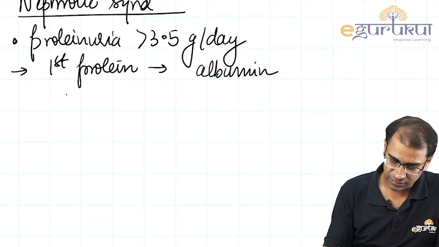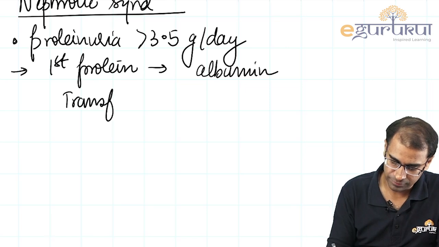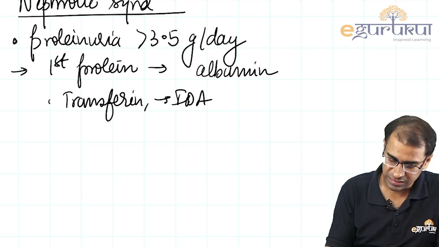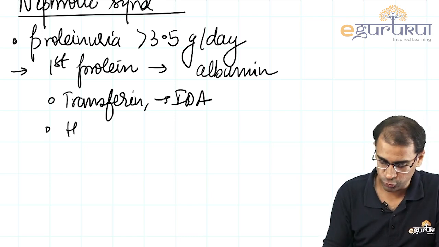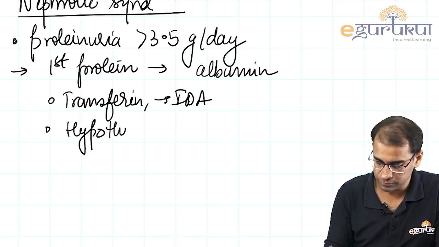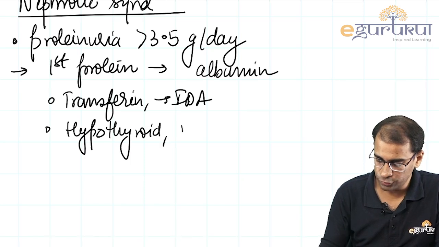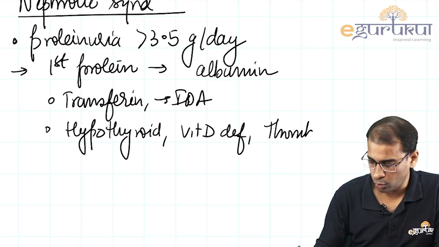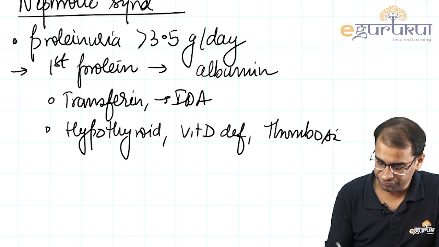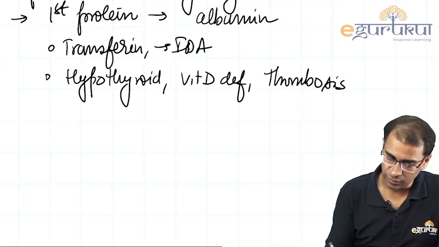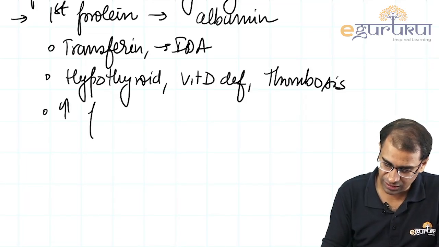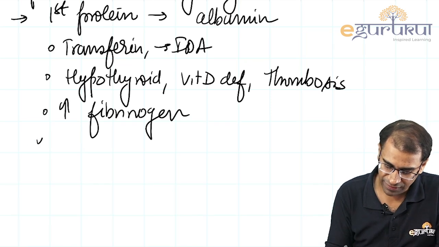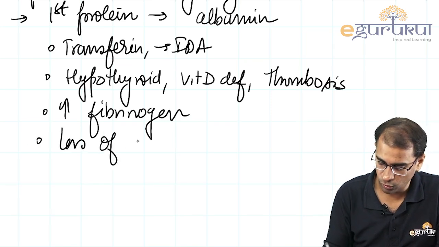Now after this there is a loss of transferrin, which leads to iron deficiency anemia. Similarly, the loss of other proteins can lead to hypothyroidism. It can lead to vitamin D deficiency. It can lead to thrombosis, and finally there is increase in fibrinogen from the liver. And when there is a loss of globulins,